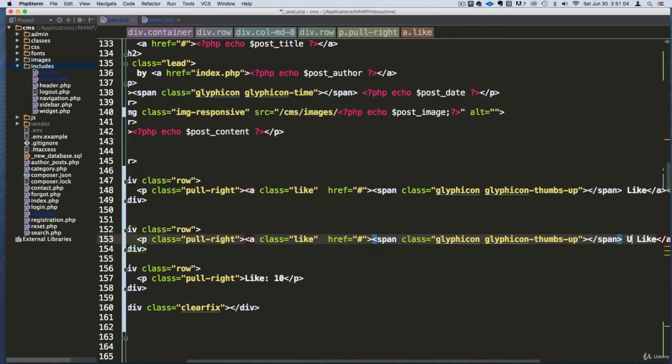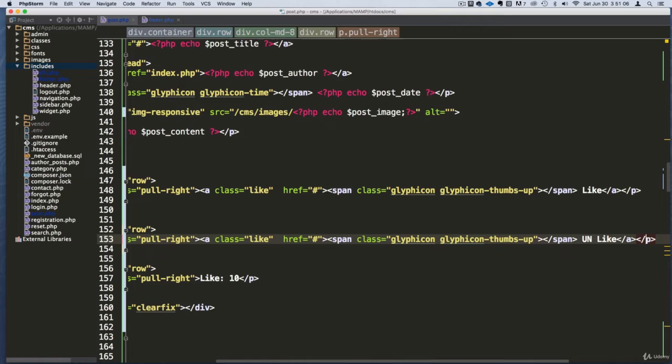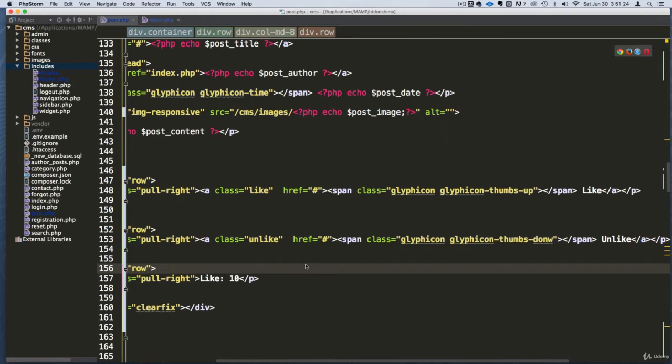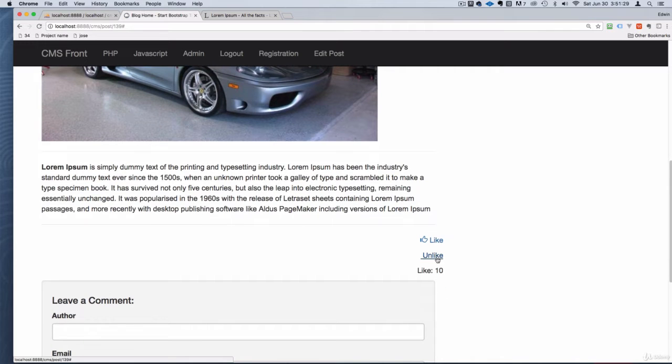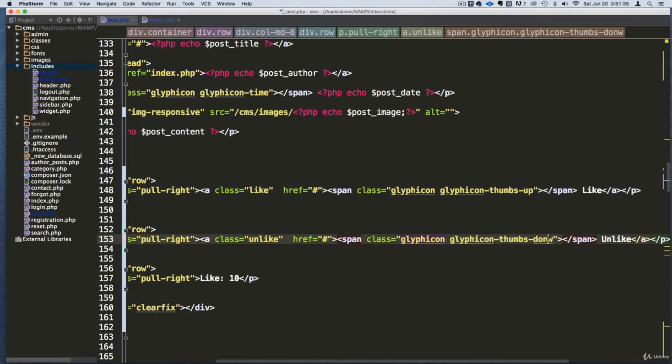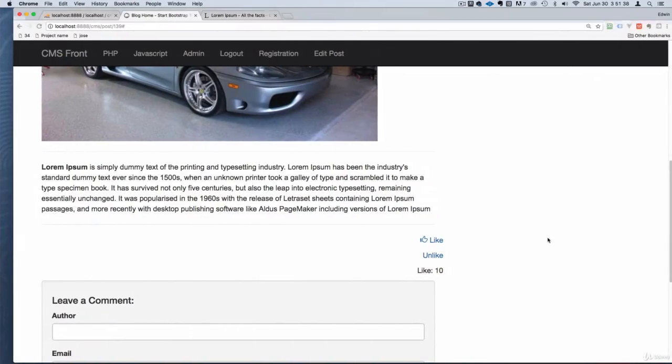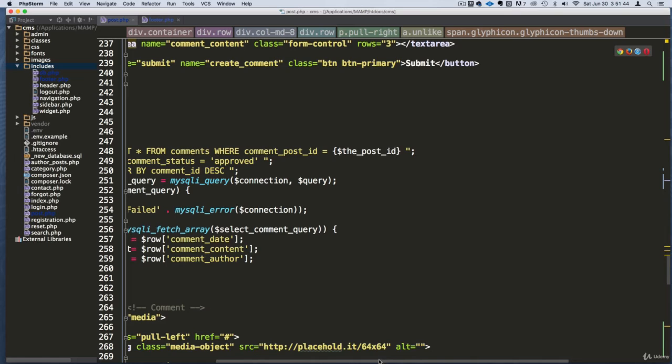Okay, so let's call this unlike, and let's just name it unlike right here. Okay, and let's just put a thumbs down just like that. Change the class, and I'm gonna change this class on the link to be unlike. Okay, and if we go here and refresh, we should see that unlike button right there. Now the thumbs down, it looks like it's not working because I misspelled it. You know how I do it. Okay, there we go. All right, so we're gonna do something very similar to how we did it down here